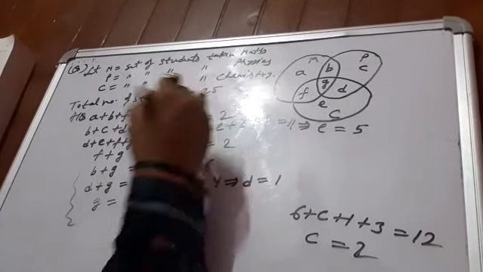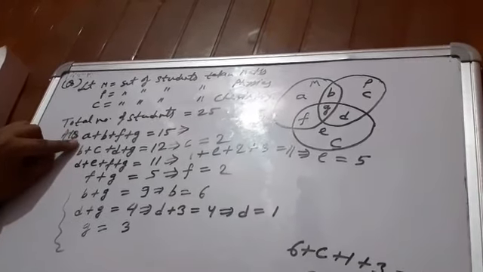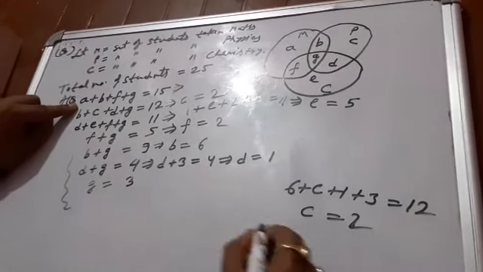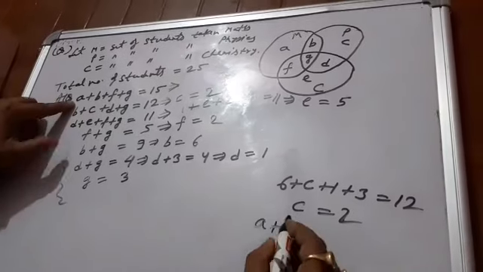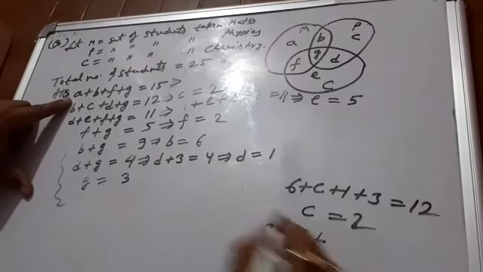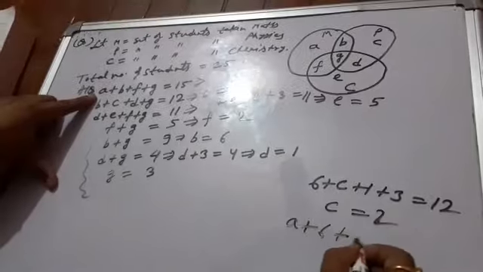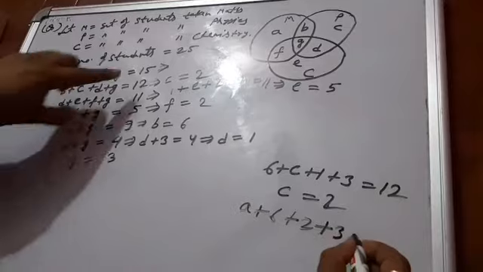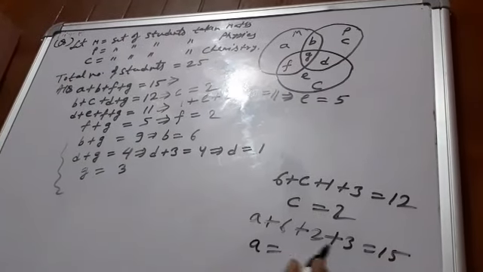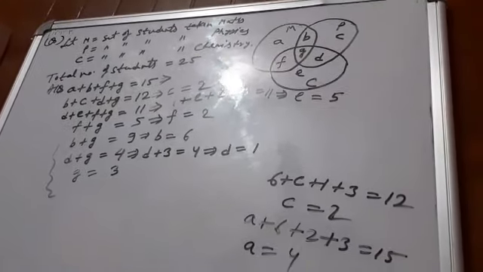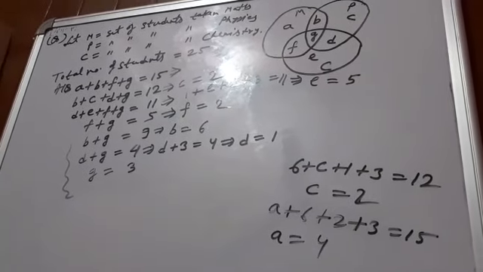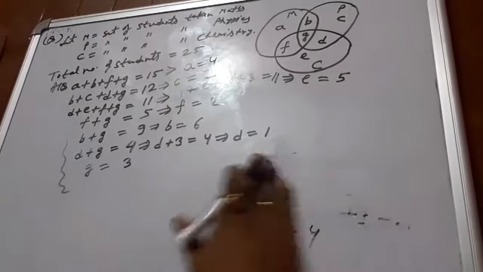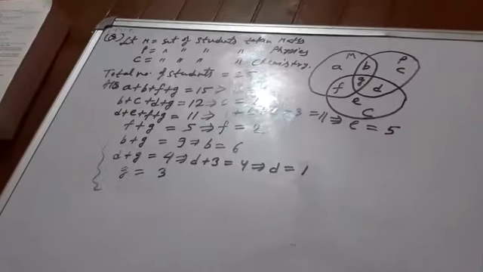And from here, now listen, you don't have the value of A. Then by putting the remaining values, you will get the value of A here. Writing here A plus B. You have the value of B, 6, plus F, you have the value of F, 2, plus G, 3. That side is 15. From here A is equal to 15 minus 6, 3, 9, 2, 11, 4. Okay, so the value of A is 4. Now you got all the values here.